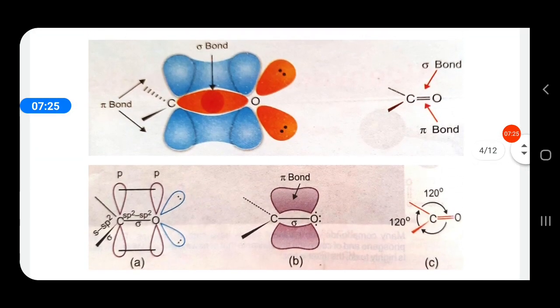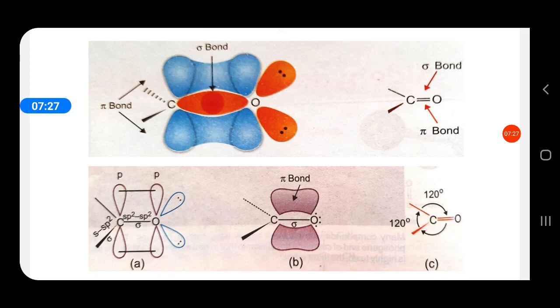In the carbonyl group, carbon and oxygen are sp2 hybridized. One sp2 hybrid orbital each of carbon and oxygen overlap and form one sigma bond. The other two sp2 hybrid orbitals of carbon form another two sigma bonds with adjacent groups, which may be the s orbital of hydrogen or the p orbital of carbon. In oxygen, two sp2 hybrid orbitals hold lone pairs of electrons, therefore they do not involve in any kind of bond formation.